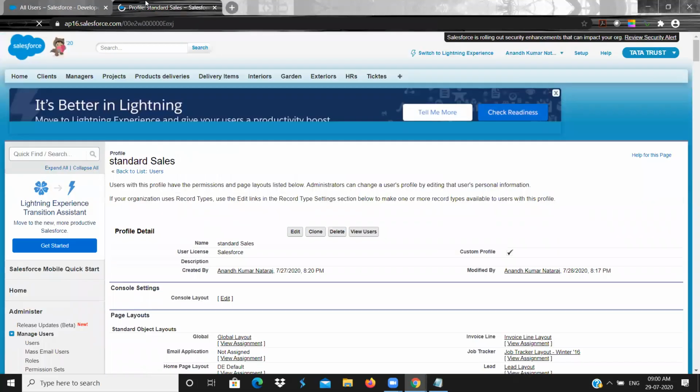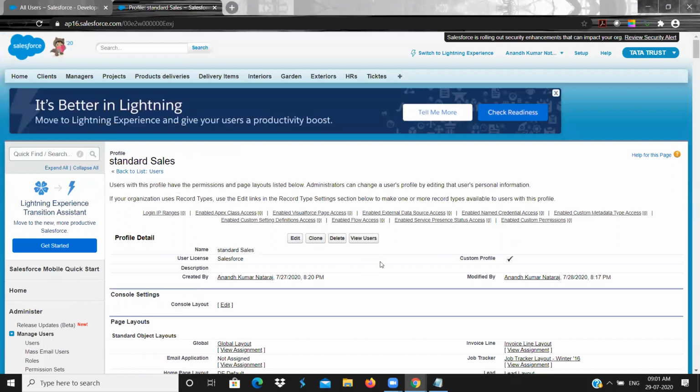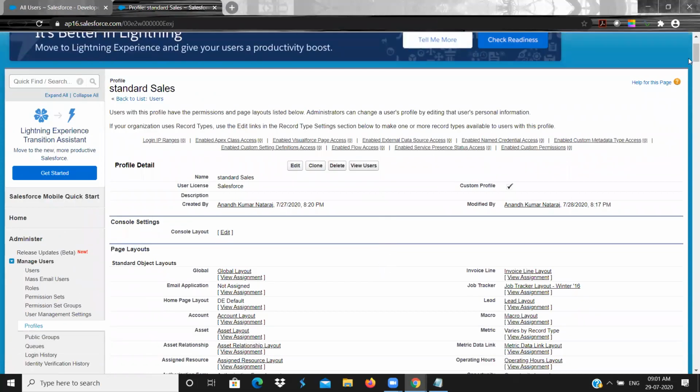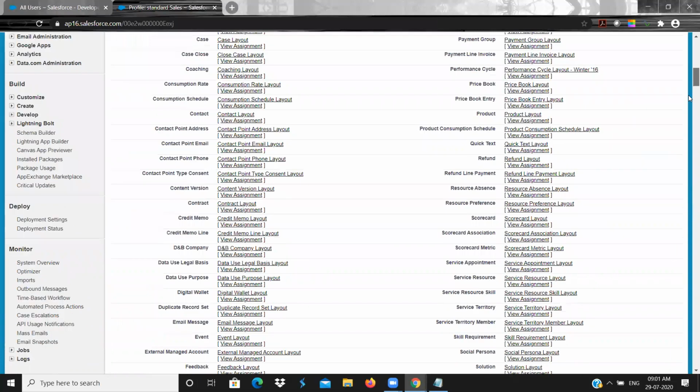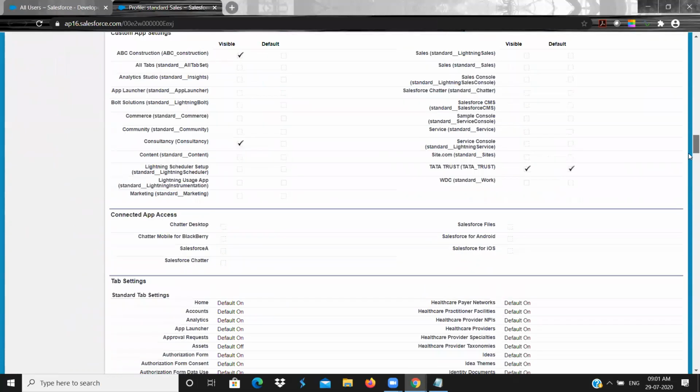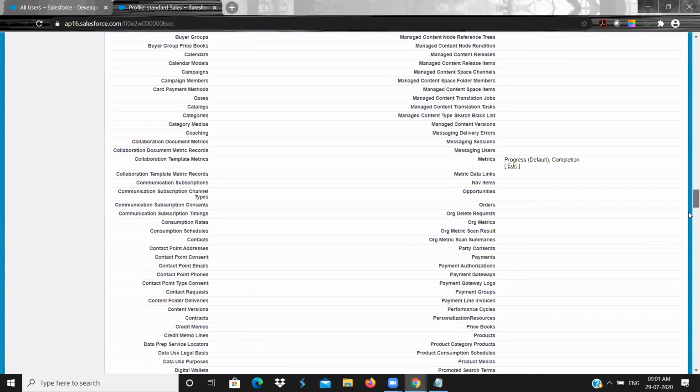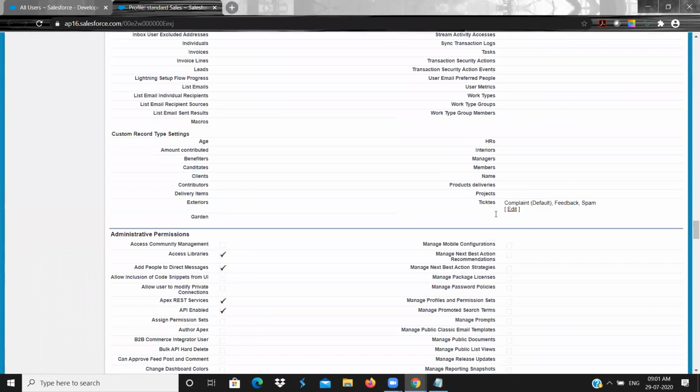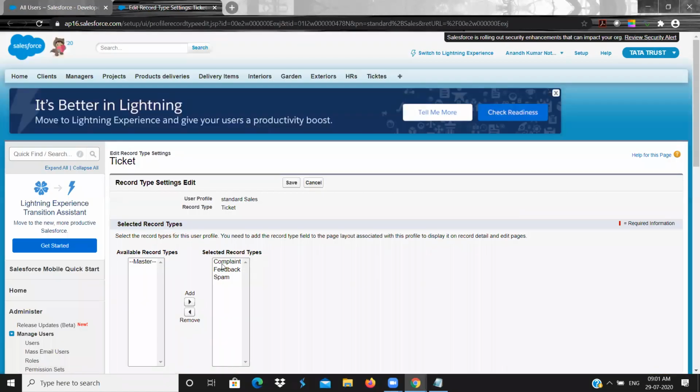In the standard sales profile, go to the record type and remove it.